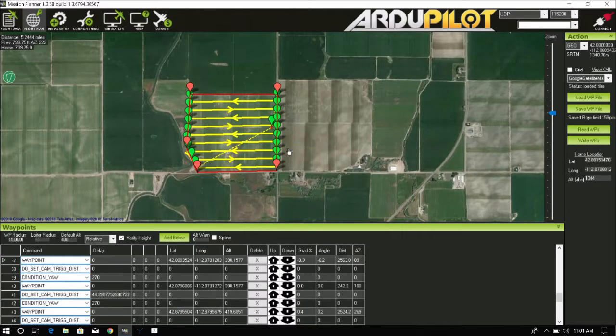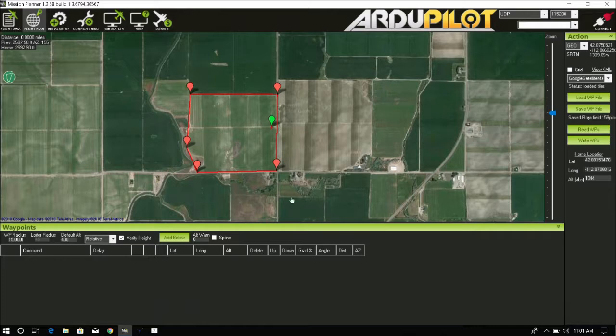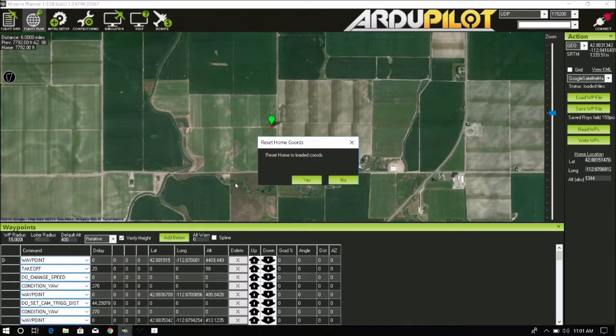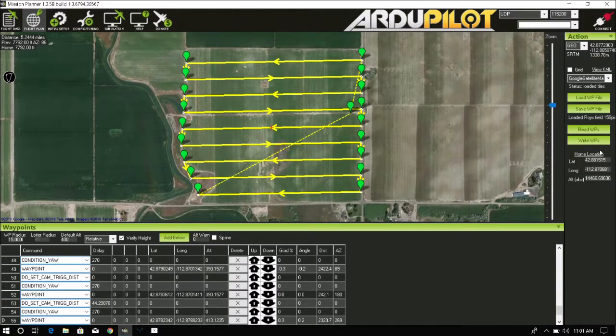For future reference, if I want to load that mission again, I'm going to clear everything. So in the future, to load that mission again, I would simply go to load WP file, find the mission, open, reset home, load to loaded coordinates, press yes. So now we have the mission once again. We are now able to write this mission onto the drone. I will go over this with the USB cable. So just plug in the USB cable